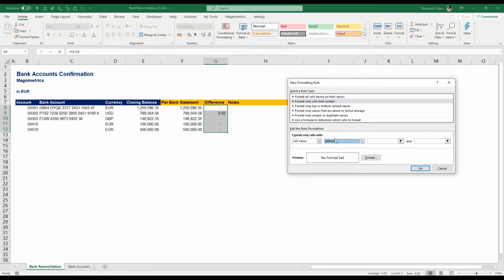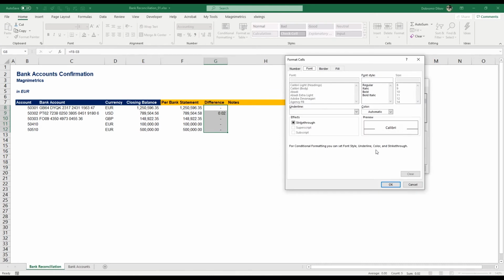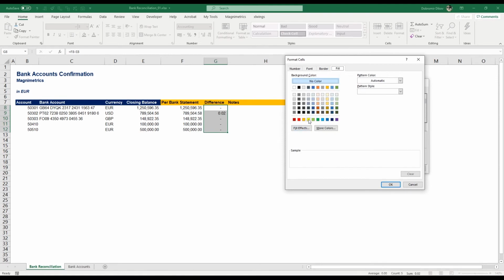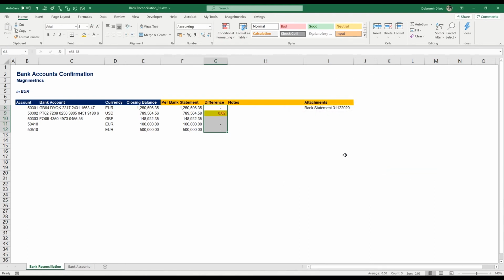So if it's 0, it's okay. But if there's a difference, I want it to be highlighted. So I'm gonna choose not equal to. And here I'm just gonna type in 0. And the format, I want the color for the font to be red. And on the Fill tab, I want the cell to be filled with yellow. Okay, and this is the formatting that's going to be applied to every cell value within our selection that's not equal to 0. And you can see that now this is highlighted